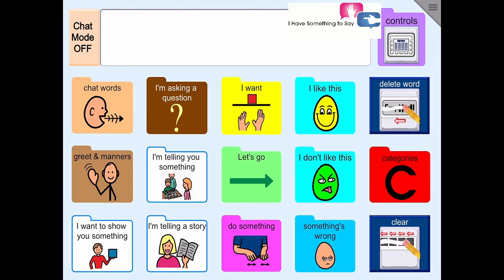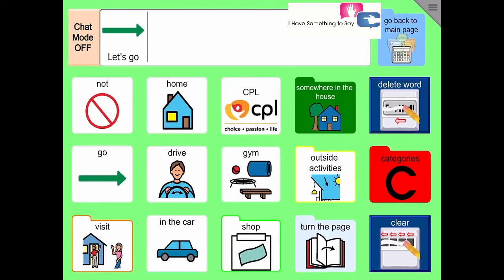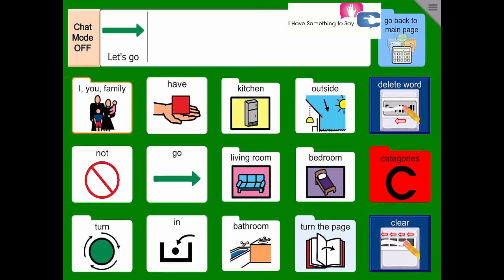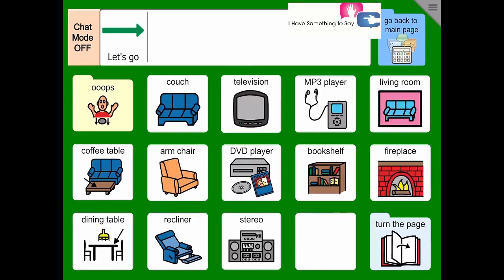The other thing you'll see is this chat mode off button, and I can toggle that to chat mode on. That's not something we use generally to start with, but the idea of this button is if you are generating a really long message and then someone says something to you and you need to change topics for a second, but then go back to your original message, instead of writing it again, you can use the chat mode on and off. So if I'm saying, let's go somewhere in the house, let's go to the